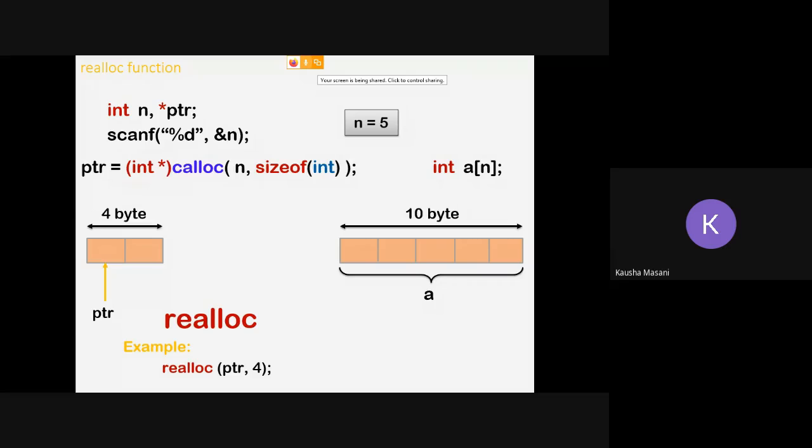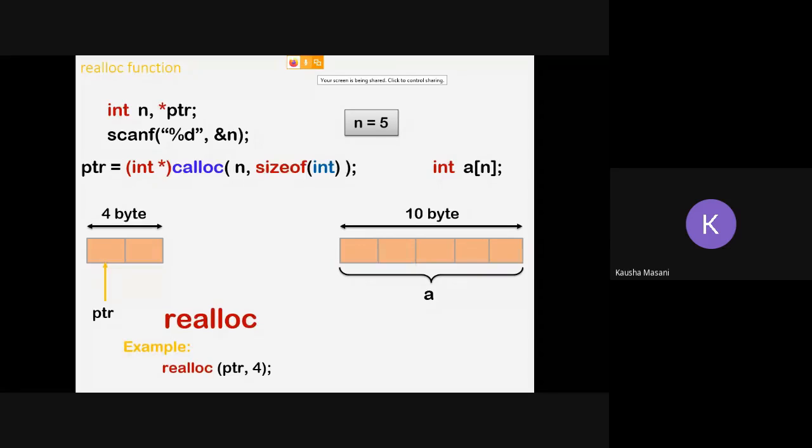Now in realloc, you are supposed to give the exact size for which you want to store that particular information. So here you are not going to give 2 and that 2 into the size of integer and 4. You are going to give the exact size in your realloc statement. ptr is the pointer which is pointing towards that memory block.